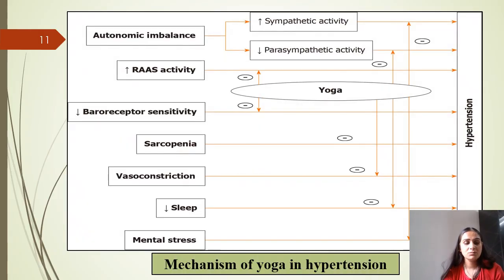Now, the mechanism of yoga and hypertension. As we already discussed about the sympathetic and parasympathetic activities of the ANS. Yoga helps to improve and balance these activities, and more activities like RAS activity. RAS is the renin angiotensin aldosterone system. It is a hormone system that regulates the blood pressure. So, yoga helps to maintain and regulate the blood pressure through this hormone system, or we can say